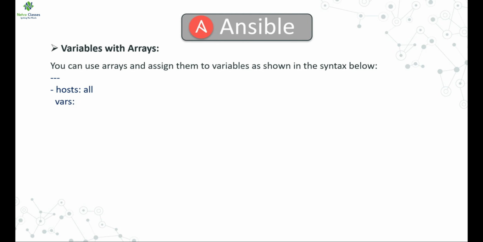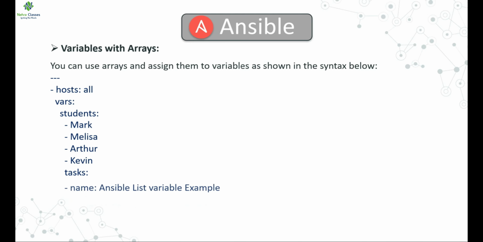Then you can mention vars for the variables, and after that you can define the variable name, which is students in this case. After that we will mention the names of the students like Mark, Melissa, Arthur, Kevin. So these 4 are the students. After that we will write their task and we will give the name to this task. Suppose we want to give the name as Ansible list variable example,